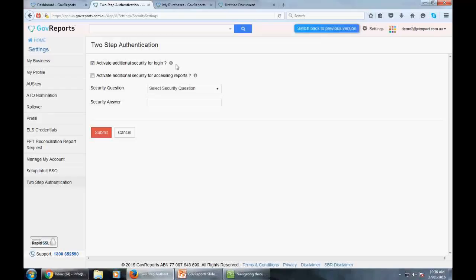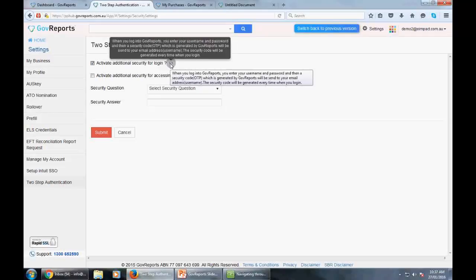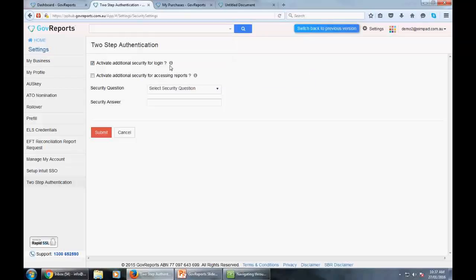The first option is that if you activate this additional security option, when you log in as you normally would, our system will send you a one-time password, the OTP, to your email to ensure that the right person is accessing your account, the right user is accessing the account. The problem that we noticed is that a lot of BAS agents work on site and do not have access to their email from their client site. That's a problem if you don't have access. So there is a second option, which is